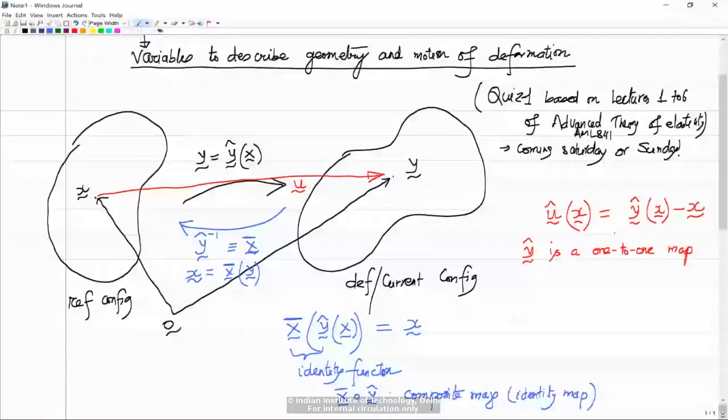Likewise, you can also think of an opposite sequence composition, y hat of x bar, right? And you pass to it y, and what you get back is y itself, right? So this is also a composite map, which is again an identity map. Okay. All right. So having seen this,